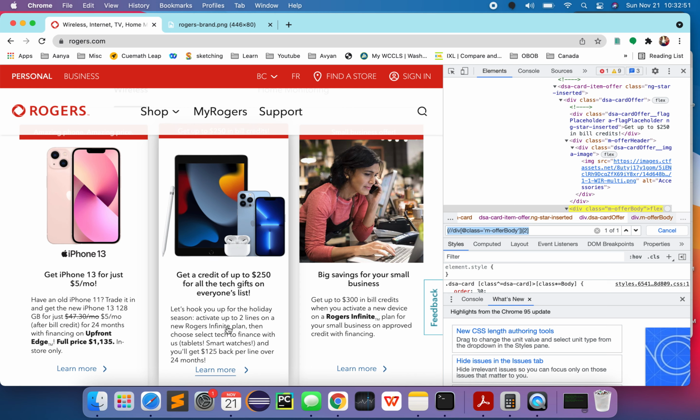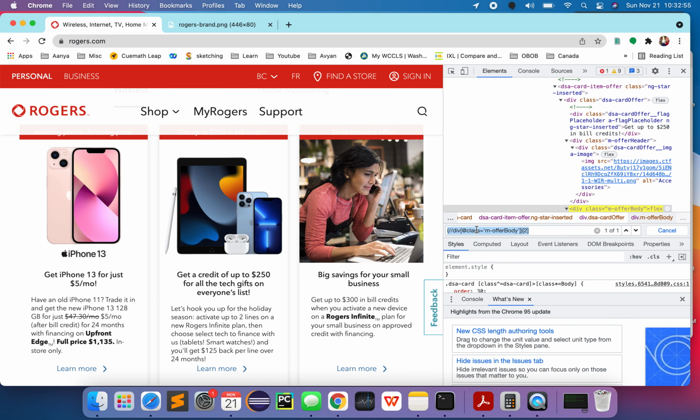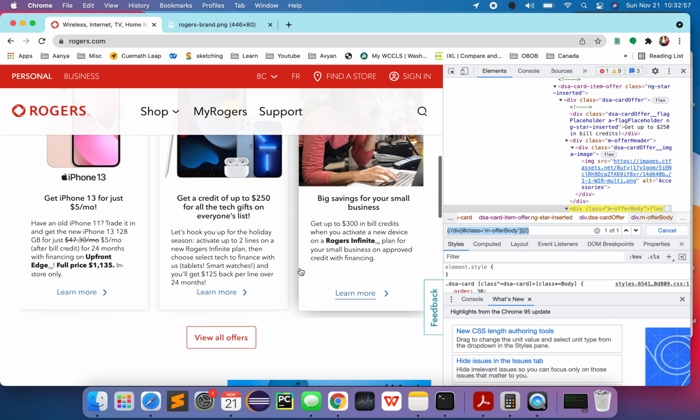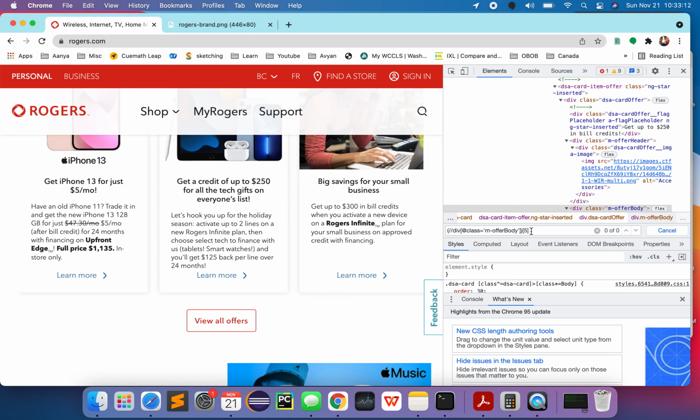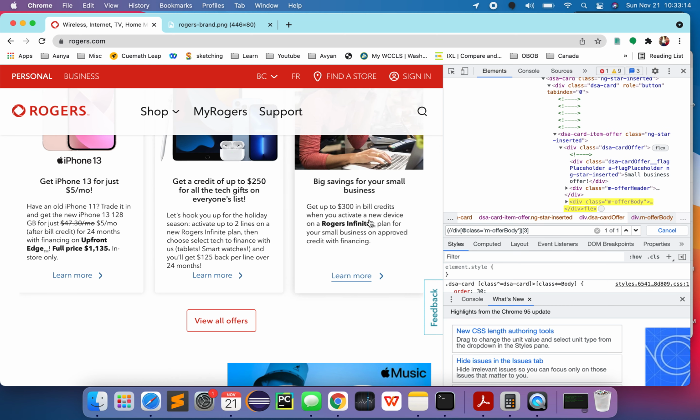So if somebody asks me to click on this from my code, this is how I will identify its element. And let's say tomorrow if they make 6 of them and I want to access the fifth one, all I will do is 5. Right now it finds 0 of 0 because there are not 5 widgets over here. There are only 3: 1, 2 and 3. So that's why it's not finding the fifth one. If I do 3, it will find the third one. So that's how simply you find the name of each element.